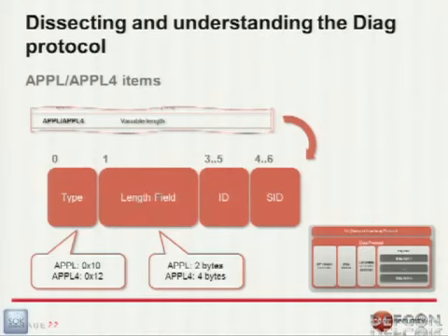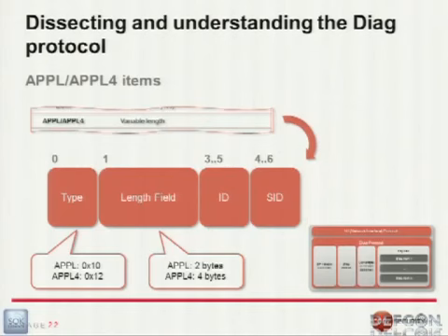So if you look at a Diag packet, you can find several different items and several different APPL items, each one with its own meaning and its own format. So the combination is really big, and the complexity of each packet is